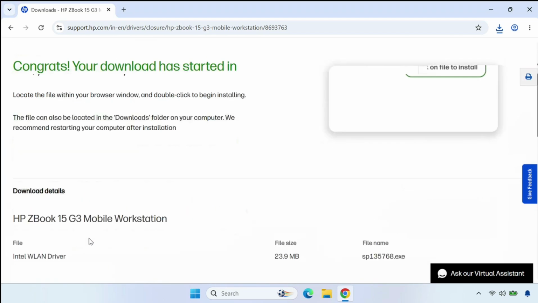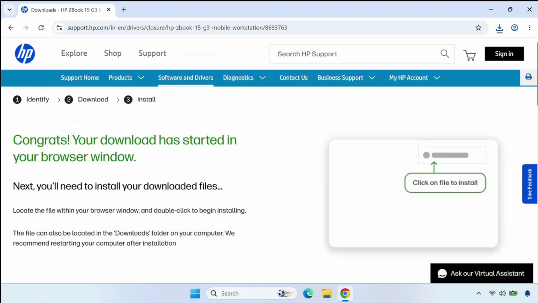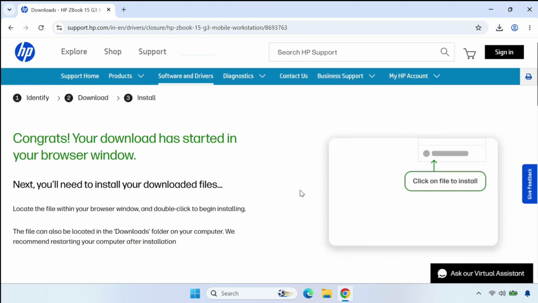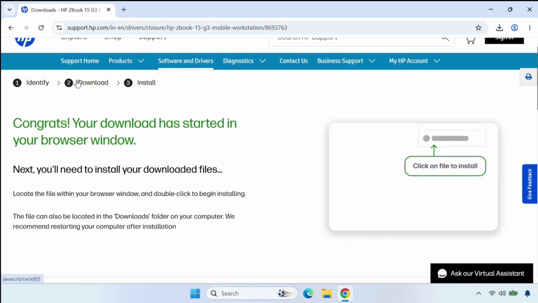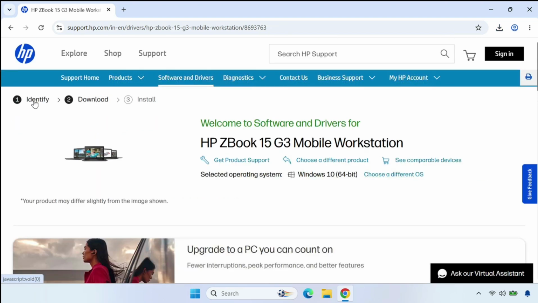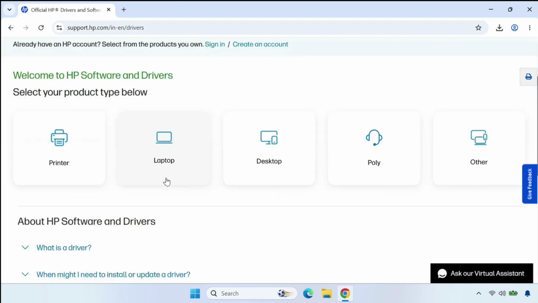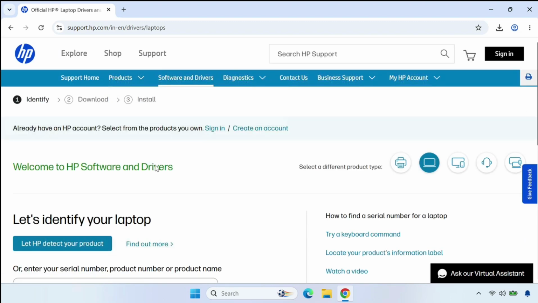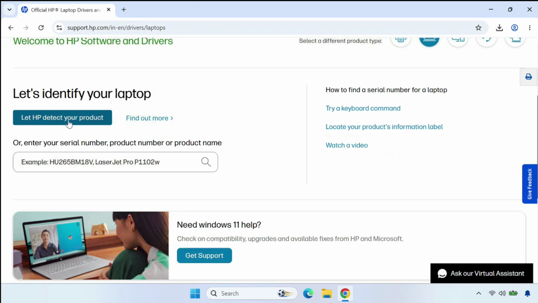so if you don't know your model number, go back and identify. You can click, come to the laptop, and let's detect your product when you click here. Otherwise you can manually enter your model number or your service tag. If you don't know, you can click to detect your product, and it will show here, and then you